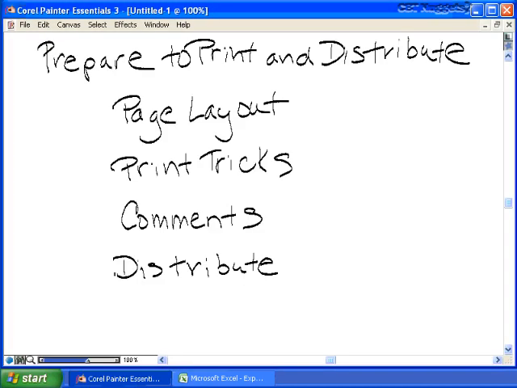Excel 2007, prepare to print and distribute your workbooks. We're going to take a look at the various page layout tools and techniques. There's the ability to add headers. You can set a print area. You can have certain items print on every single page. So we'll talk about all these various tricks and how you can insert comments and really clean up your document